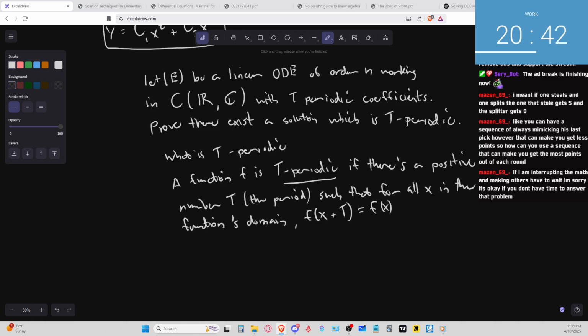So they use sine of x, and it is 2 pi periodic because sine is equal to, oh, okay. So let E be a linear ordinary differential equation of order n. So in other words,